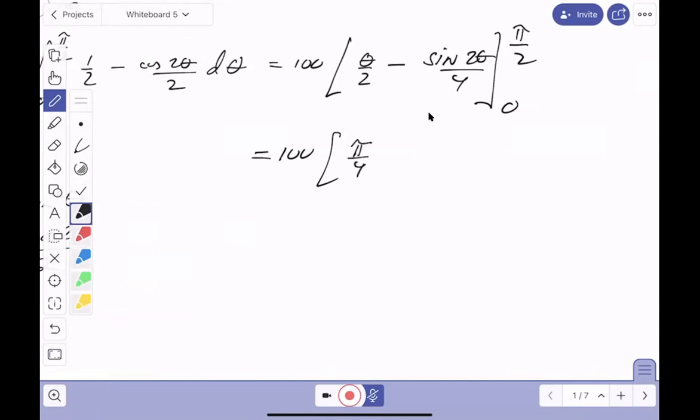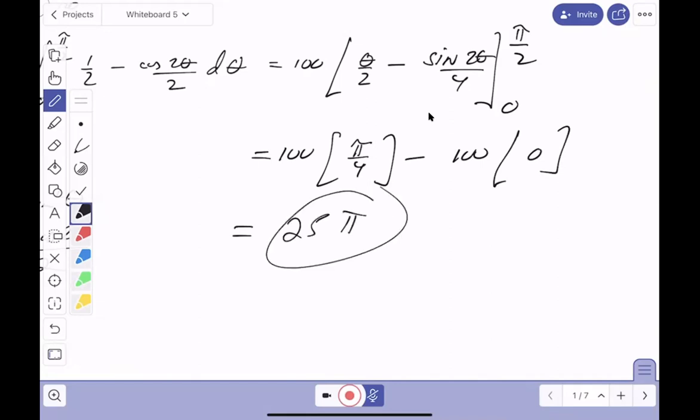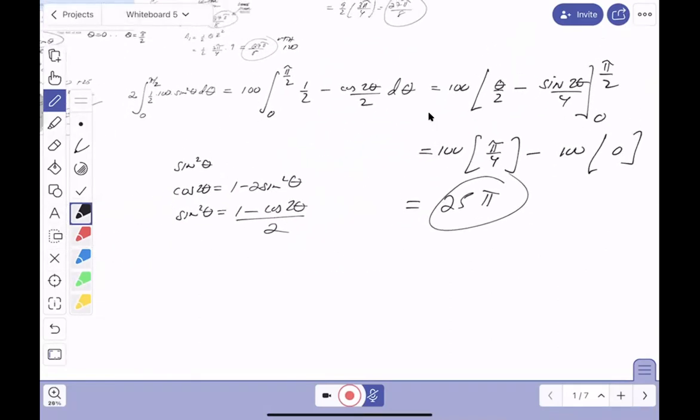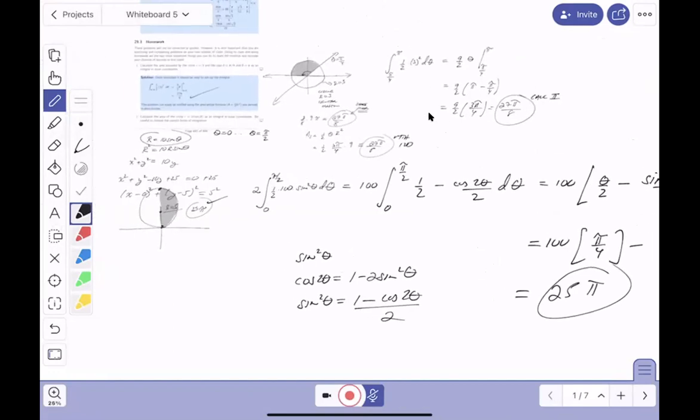And then you get the sine. Let's see, 2 times pi over 2 is pi. That would be 0, so that's pretty good. Minus 100. The lower limit, gee, that's nice too. That's 0. What do you get over there? 25 pi. All right. So we're consistent with our belief that it's an easy problem, that the answer should be